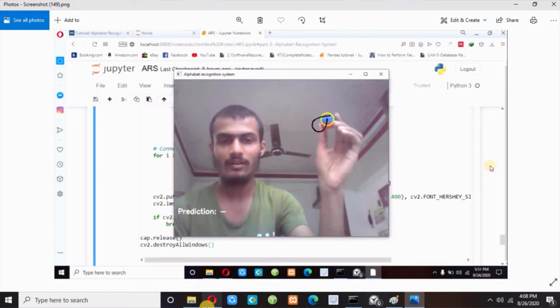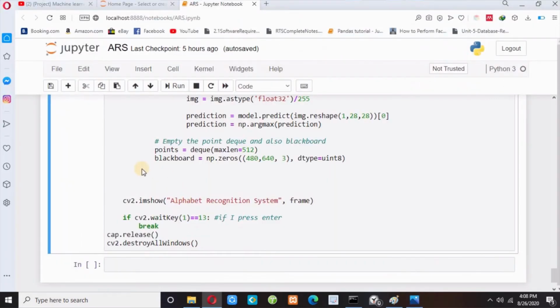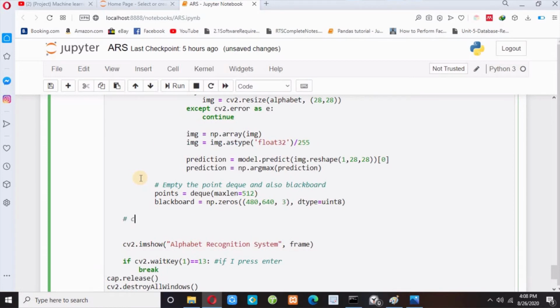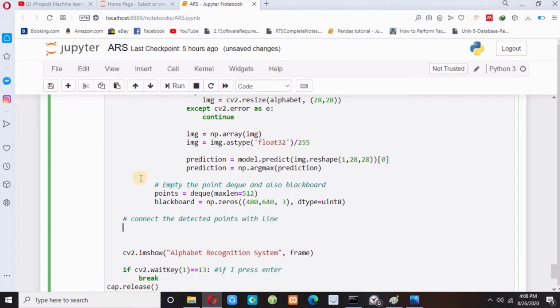So to do this, we need to write: connect the detected points with a line. So for i in range, I hope you know about the for loop in Python, 1 to the length of points.